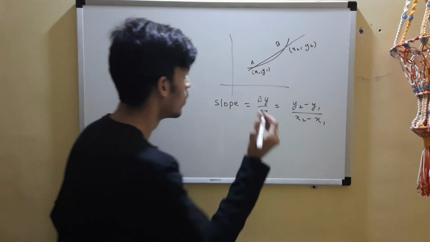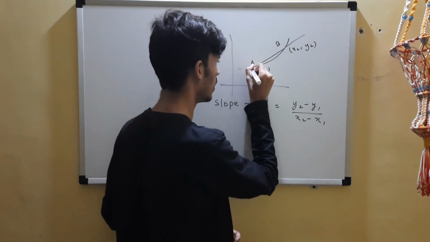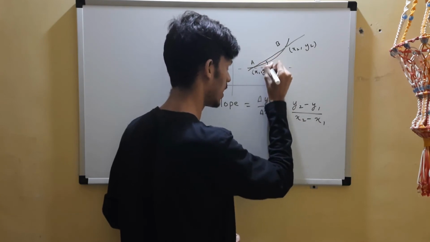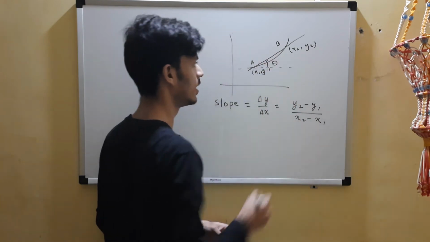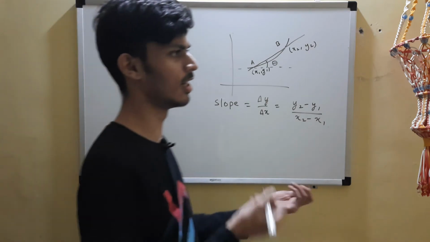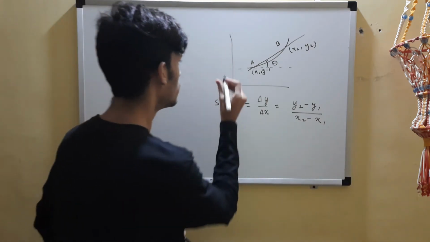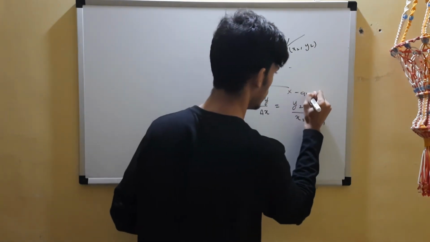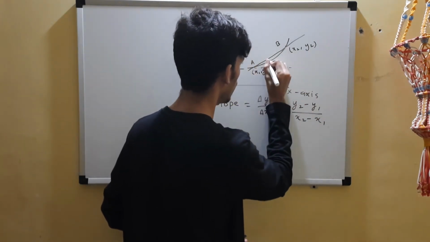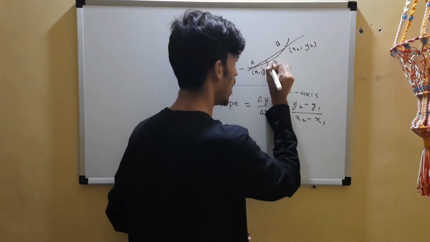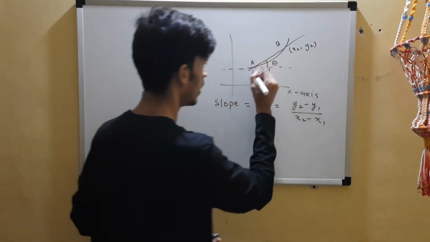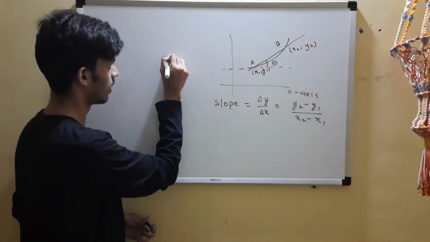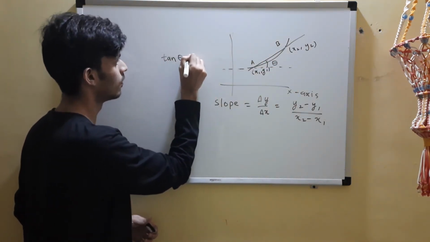Or simply, if you want to know what slope is, you can directly draw a line parallel to the x-axis, and whatever this angle is, suppose this angle is theta. Theta is any angle, 30 degree, 20 degree, whatever. So you draw a line parallel to the x-axis, and whatever the angle this chord AB makes with it, the tan of that angle, so tan of theta, will be the slope.